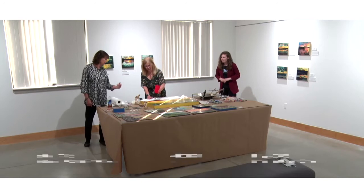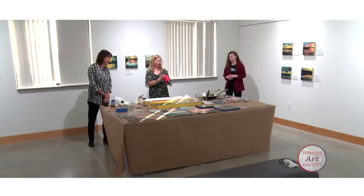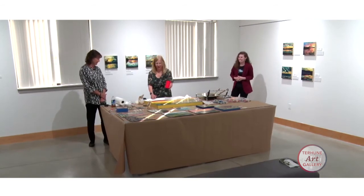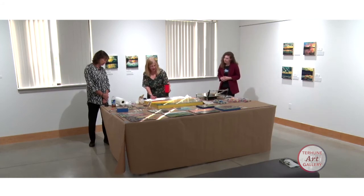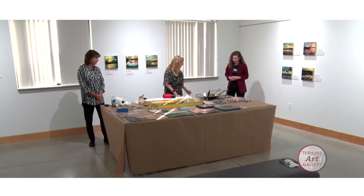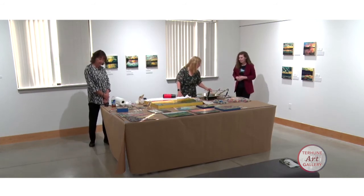How hot is that? Can you use it as a hair dryer if you need to? Right now, I can somehow smell it. It got turned on super high. We're going to put it back down. I usually have it about medium. So you can see that it glistens and it fuses. And then I can apply layers of different colors over the top of that. And if I take another transparent color,